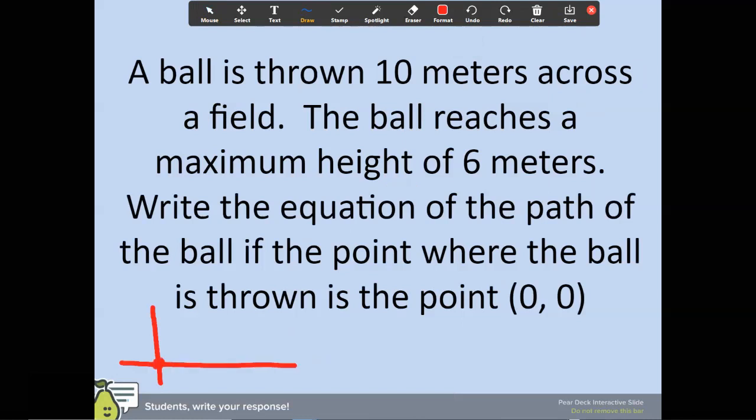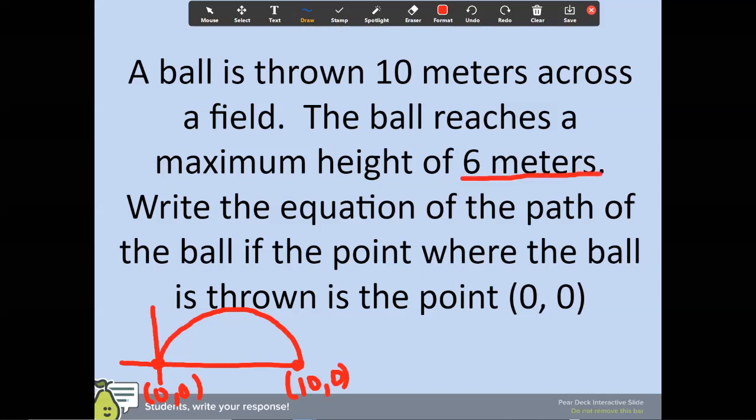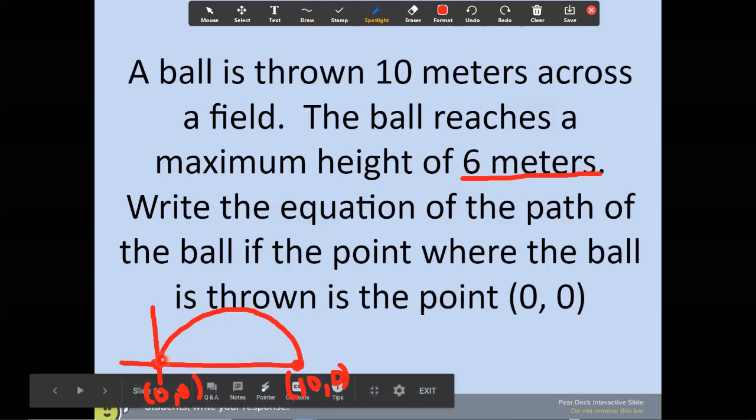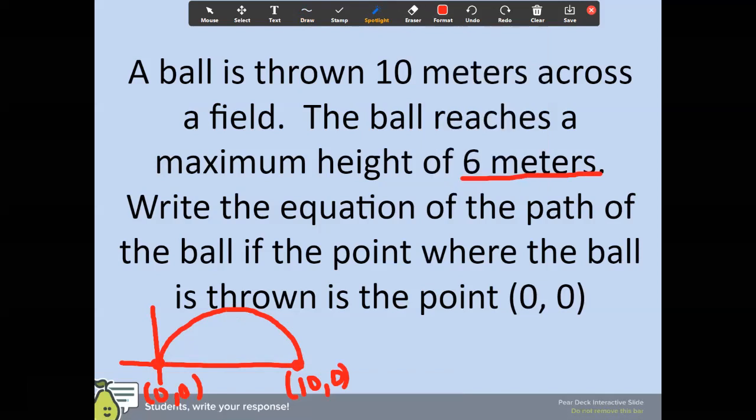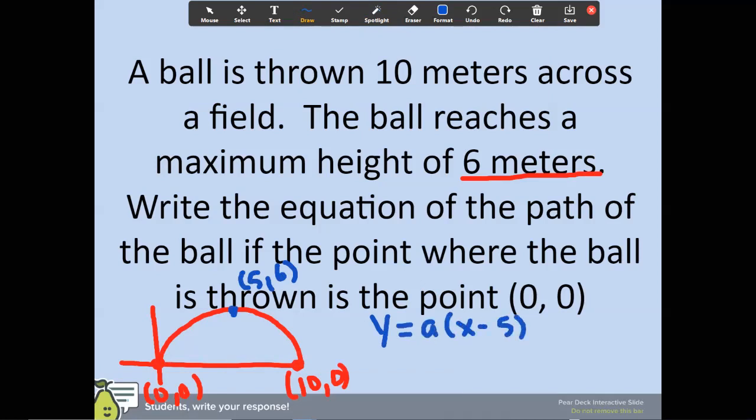Okay, so we're starting at 0, 0. It is being thrown 10 meters across the field, so 10, 0 is where it's going to end up. The maximum height of this is 6 meters. And remember that the max height is going to be at your vertex, which is going to have to be halfway between 0 and 10, so it's going to be 5. So up here, I'm going to have 5, 6. I'm going to do that in a different color. 5, 6. So my equation is going to be y equals a times x minus 5 squared plus